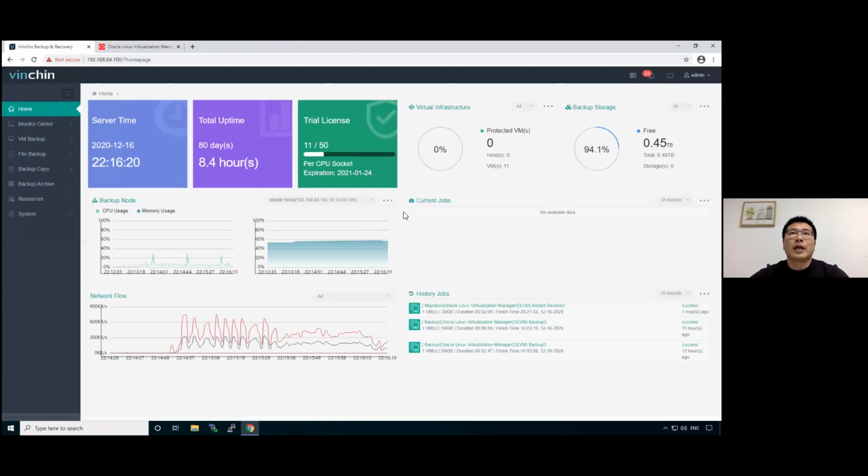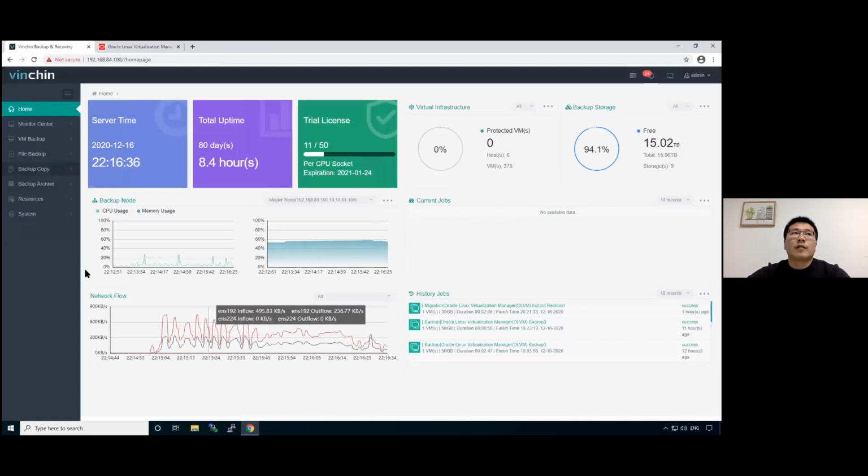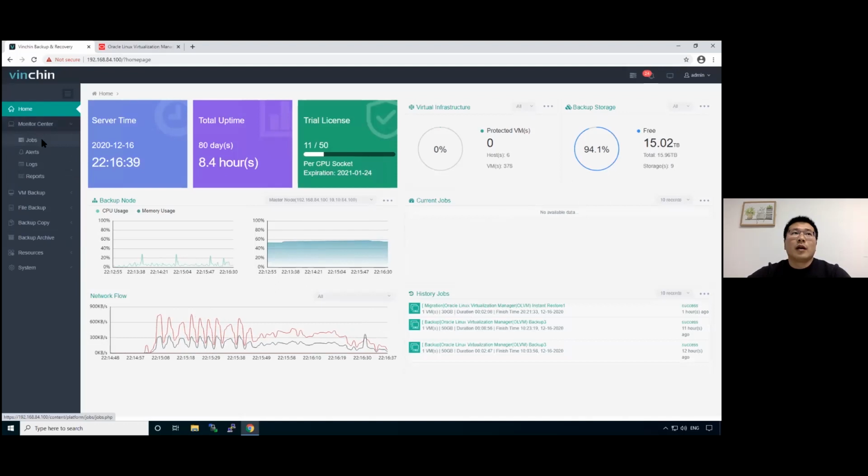We can have an overview of the system information and the virtual infrastructure, backup storages, the current jobs, and the history jobs. And from the monitor center, we can have the information of all the jobs, the logs and the reports.